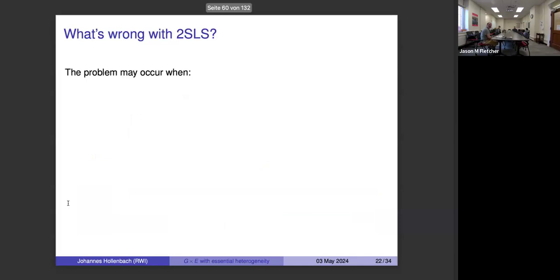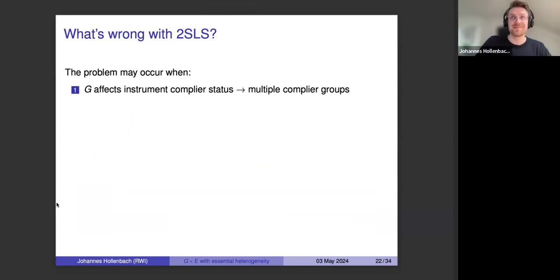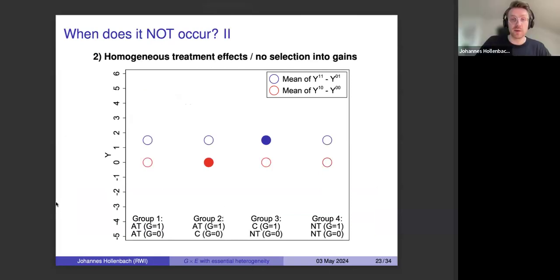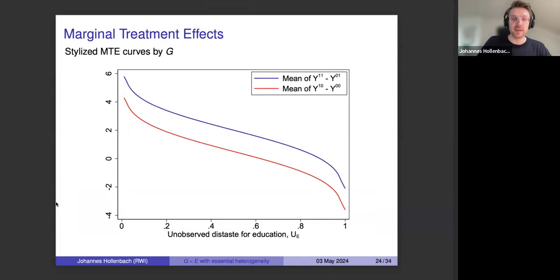Well, that's an extreme version. That's an extreme interpretation of the polygenic score, isn't it? To say that all it is, possibly, yeah, is taste for education. Possibly, those are two very different things. Distaste for education is just the wording that comes from the marginal treatment effects. This is, by the way, unobserved distaste.